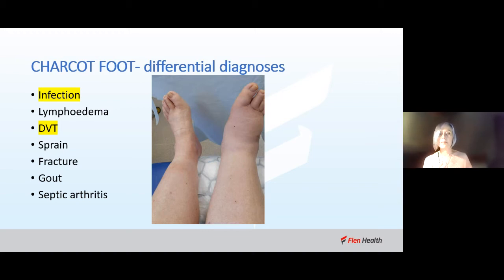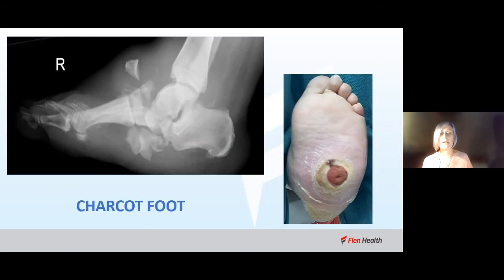However, if healthcare professionals who patients first present to don't have a high index of suspicion for this disease, they're never going to pick it up, and it will continue to become devastating. This led to an amputation because this ulcer underneath the foot, where the bone had protruded, cannot heal. There was no way we could get a shoe on it. It became infected, and once you get infection in the bone here,